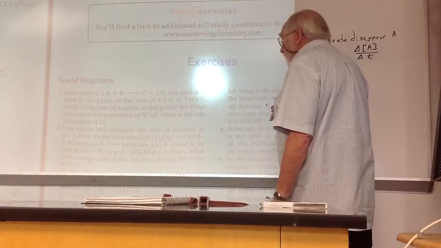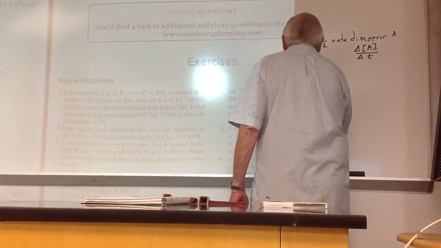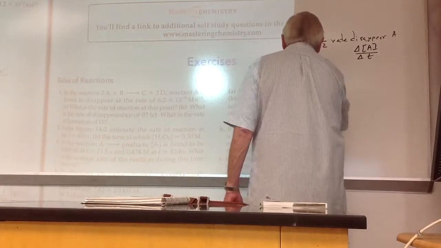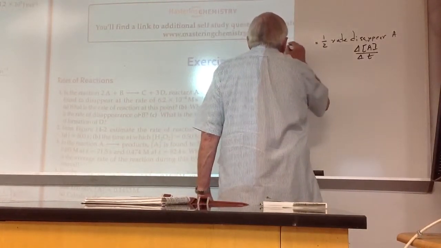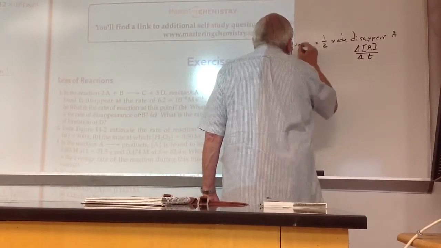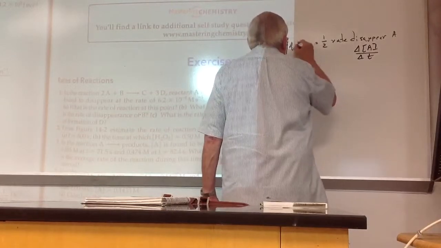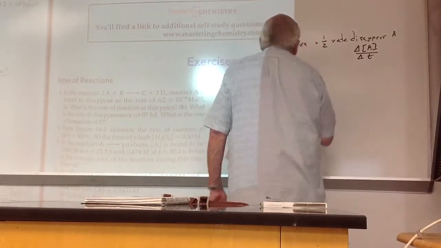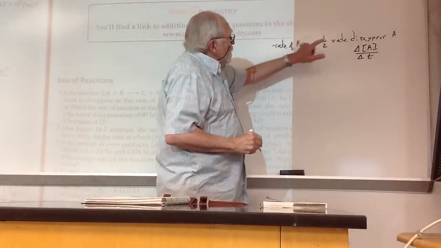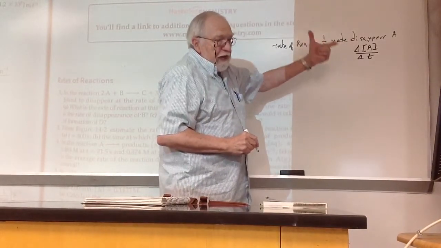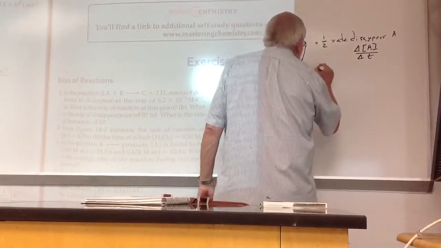In other words, I wrote the general thing where I said the rate of reaction, and I didn't write this whole thing out, but I really should. I'm going to use Rxn for reaction. So that's the rate of reaction. That's the same number whether we talk about the rate of disappearance of A or the rate of formation of C. For instance, I'll do